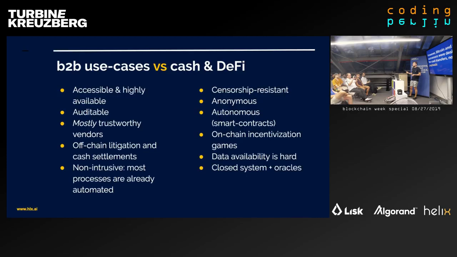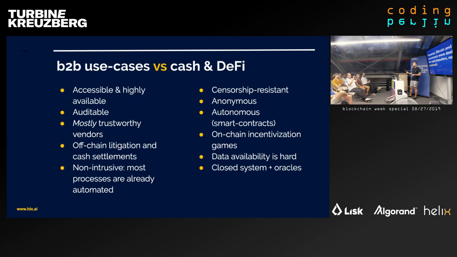So this seems like a very simplistic thing compared to all the smart contracts and all the modern blockchain with interoperability, and with the whole idea that you want to put all your processes on the blockchain and try to automate this. But the point is that according to our talks with our industry partners and lots of research in the space, it is fairly clear that B2B use cases are genuinely different from the cash and